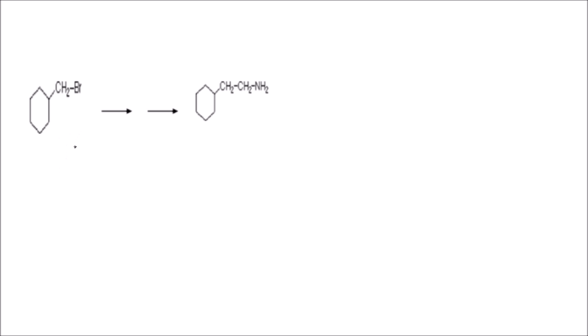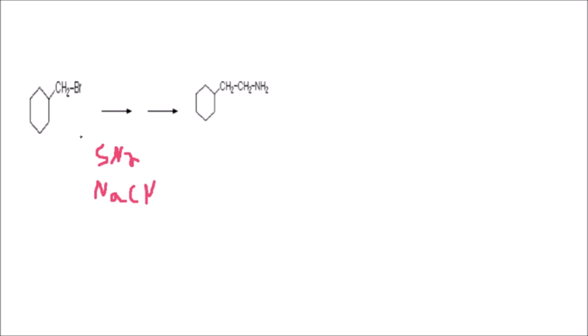Okay, let's try doing it together. Usually when you want to add one CH2 to an alkyl halide and then get a primary amine, you might want to use NaCN as your nucleophile. So the first step could be a simple SN2 reaction, which uses NaCN. The nucleophile is CN, so you can add CN minus,